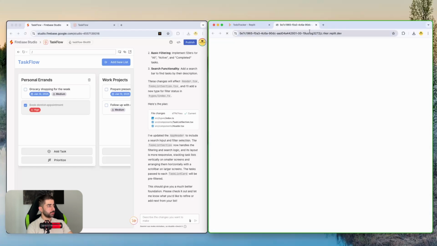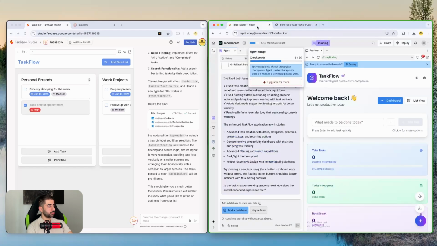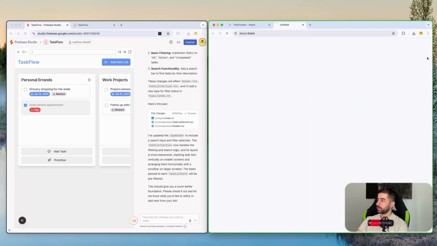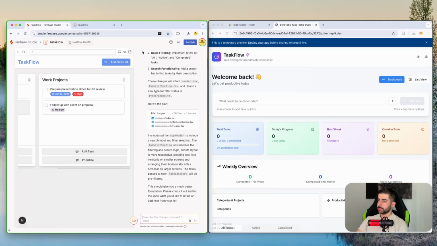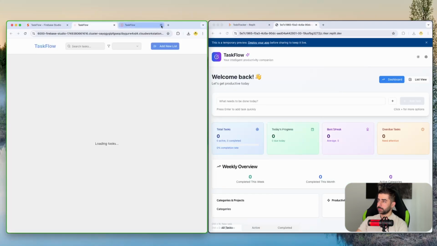Let's go here and refresh the app. Actually, let's close it. Open a new tab. Okay, let's go here and do the same thing. All right, so first of all, search has been added. Task filtering has been added. So here,